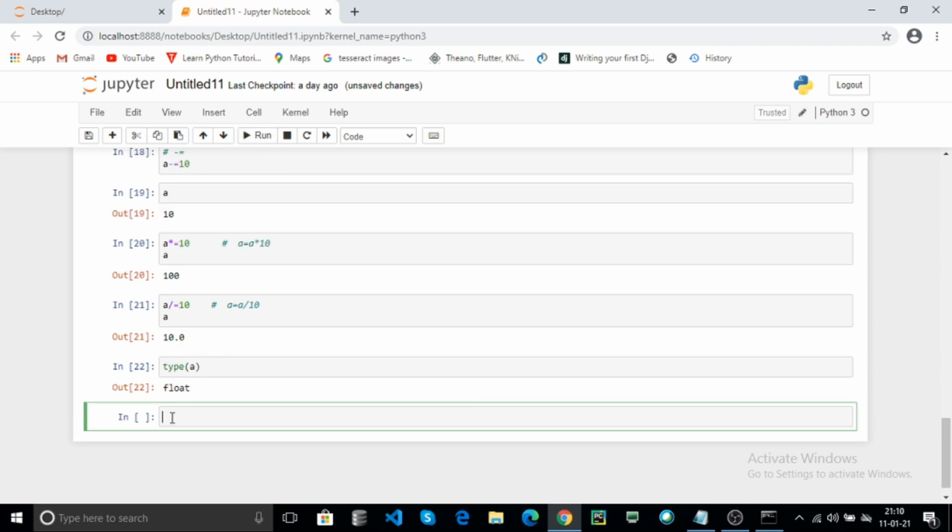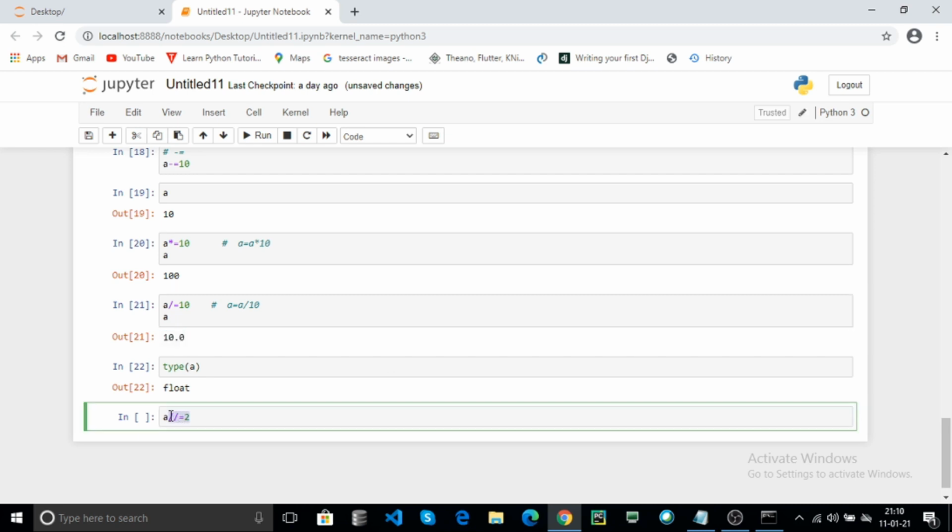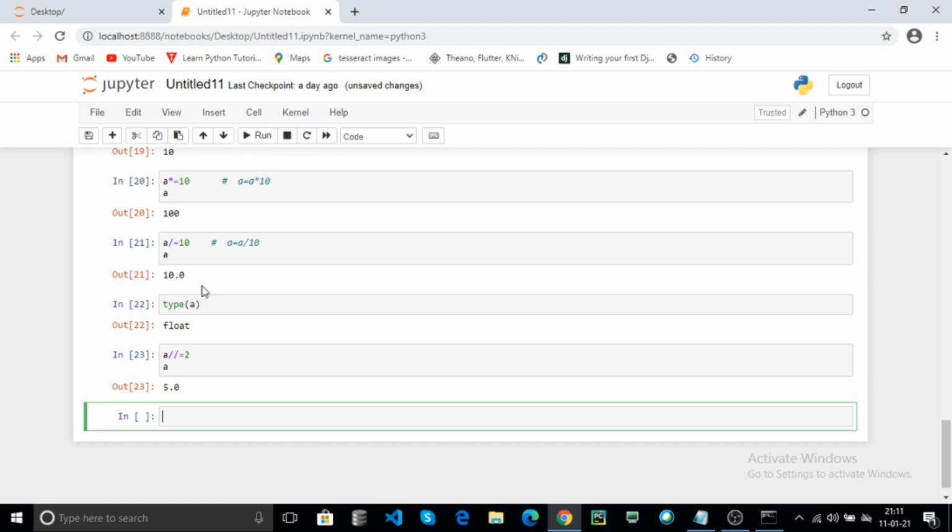Now if you want to perform the integer division, for example by 2, it returns floating data, because a contains a float before; if you apply integer division on a float, it returns floating data. Here 5.0 is the float.